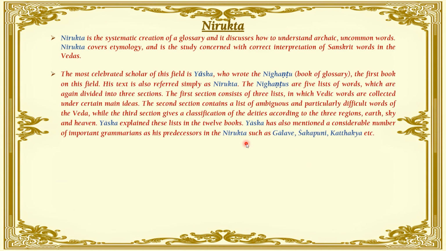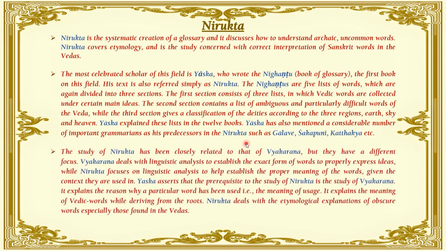And the second one is a list of ambiguous and particularly difficult words for the Veda, and it gives the meaning to that. And the third section gives the classification of the deities according to the 3 regions. So when we have a word, how do we understand that? There's a procedure for understanding that. That is covered here. Because if we do not understand the correct meaning, then we can land up understanding completely opposite